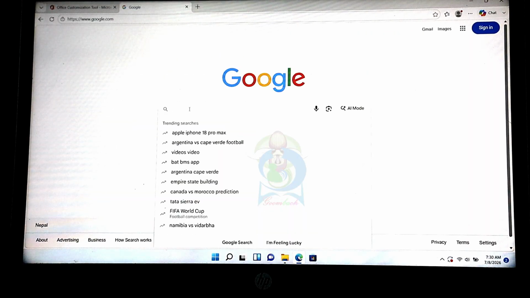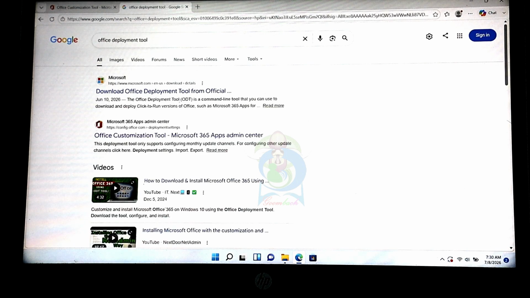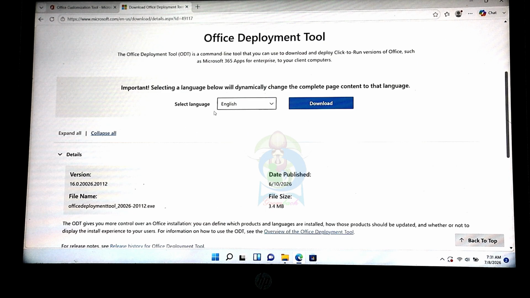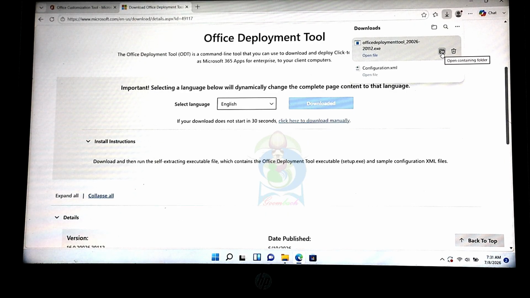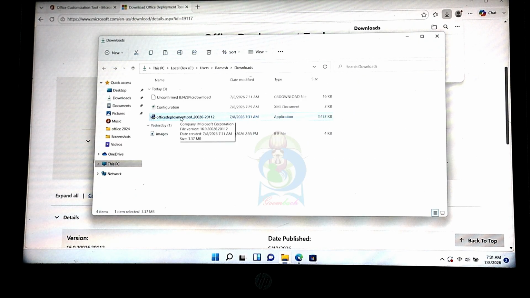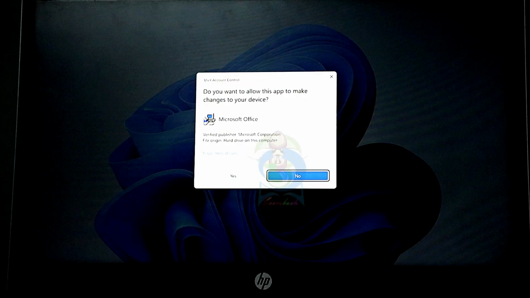Now search for Office Deployment Tool. Yes, Office Deployment Tool. Click the first link, choose language, and click download. I open it. This is my Office Deployment Tool. Double click here and run it. Click Yes